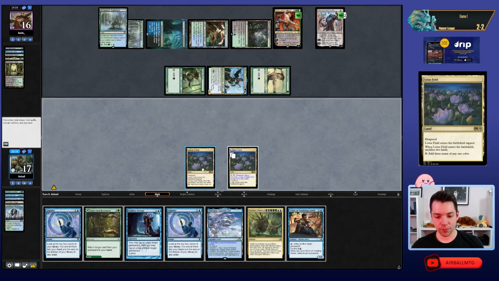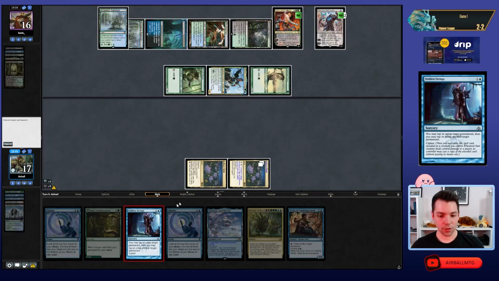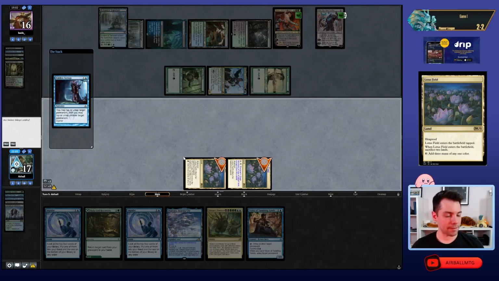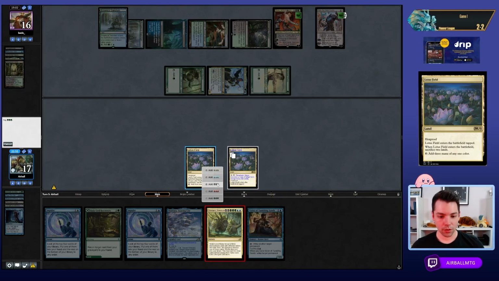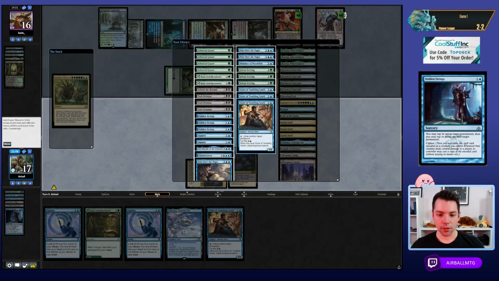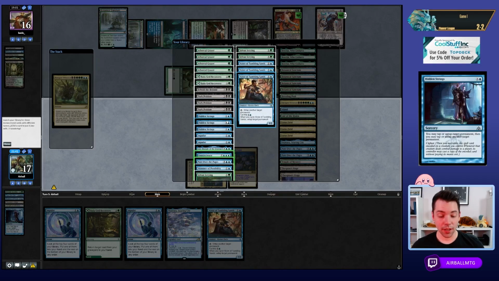Alright. Let's start, I guess, the way we're supposed to. Hidden Strings, target. And we'll try to go fast. Merchant Ultimatum. Green. Naming Omniscience, Pour, and